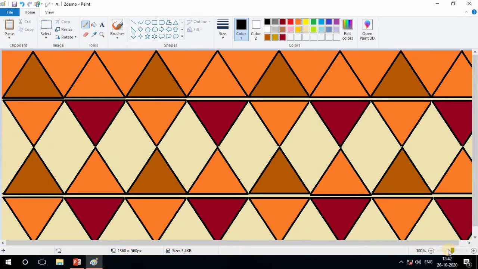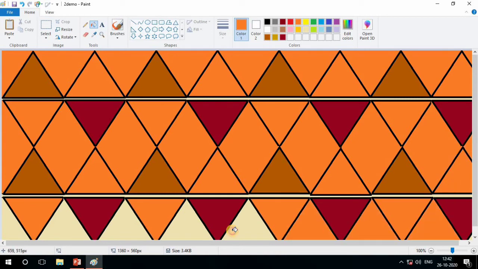Okay, now come to the regular 100% size. This is our picture, right? Again choose our orange shade and fill it. Choose the color picker and fill it. Now see, complete. The picture has come back.